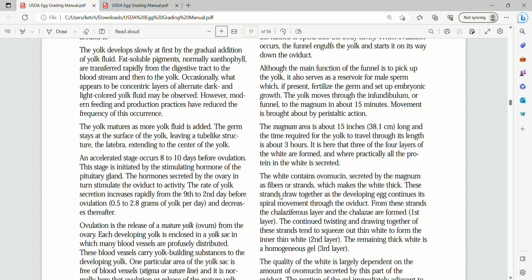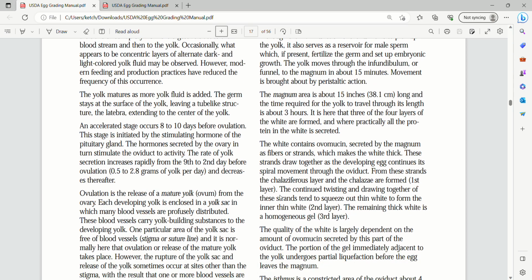The continued twisting and drawing together of these strands tend to squeeze out thin white to form the inner thin white second layer. The remaining thick white is the homogeneous gel third layer. The quality of the white is largely dependent on the amount of ovimucin secreted by this part of the oviduct. The portion of the gel immediately adjacent to the yolk undergoes partial liquefaction before the egg